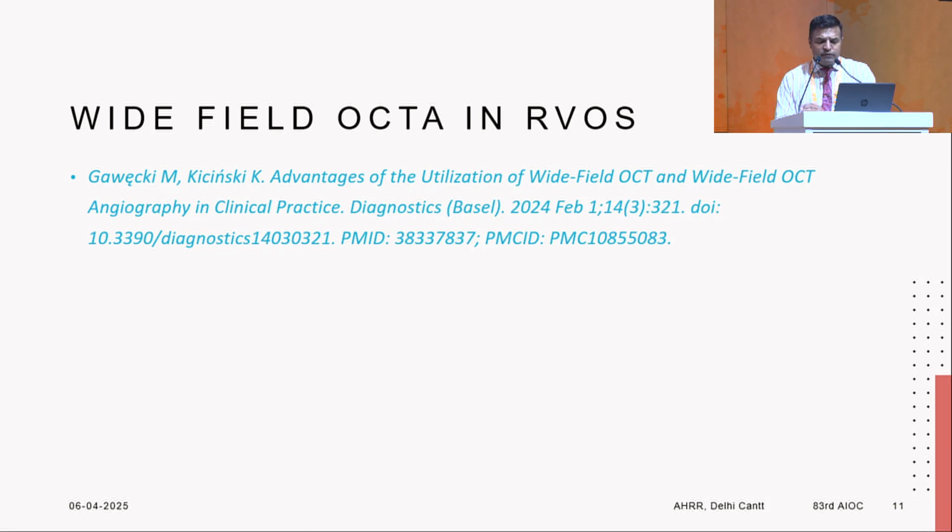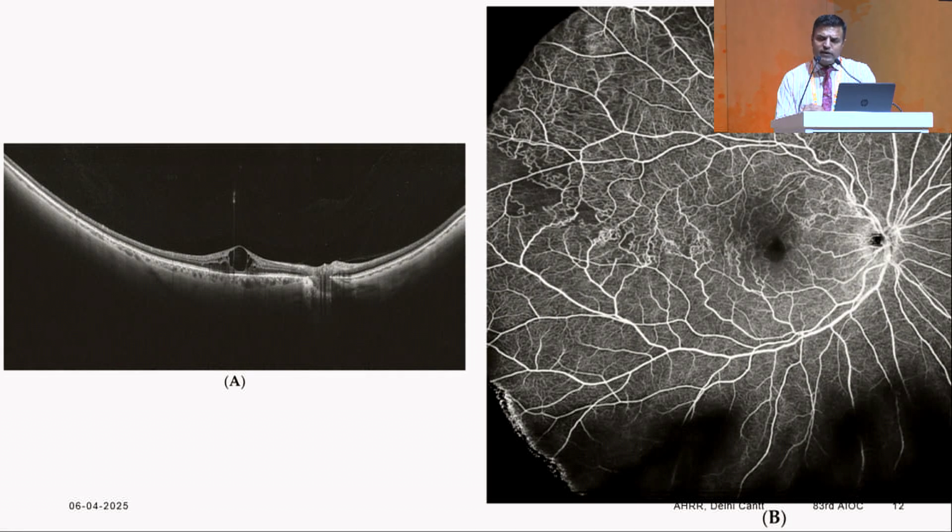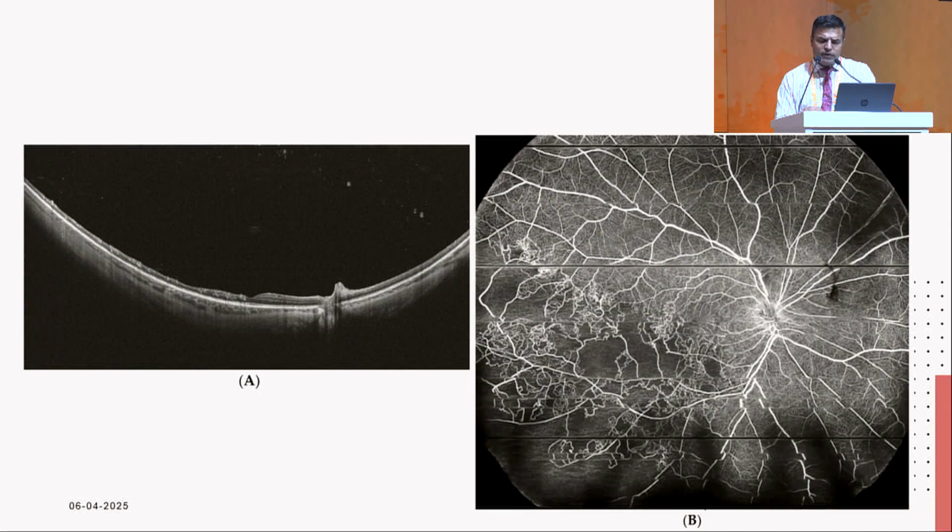Now, based on the wide field OCTA images today, we are able to assess that in such a case where you have a central macular edema but very few CNP areas in the periphery, you will give it a chance to develop collaterals and wait. While in a case like this, where even though the macula may appear normal but you have large CNP areas in the periphery, we will not wait, as was recommended a long time back in the CVOS and BVS studies, and go ahead and do targeted laser photocoagulation to reduce the genesis of VEGF in these cases.